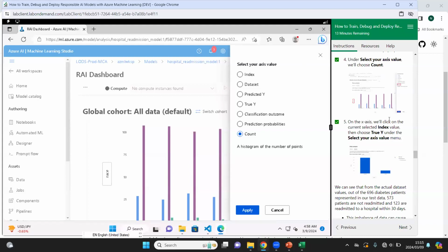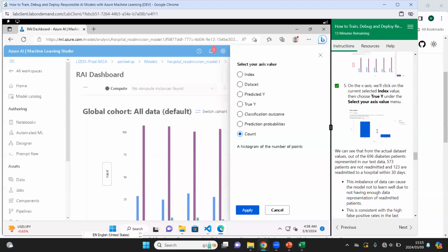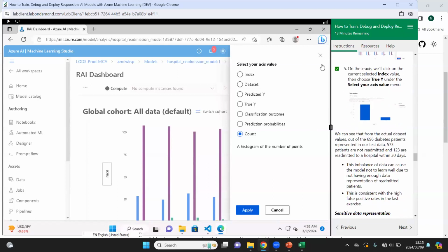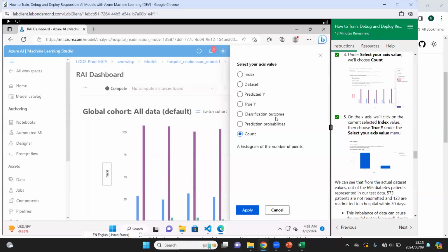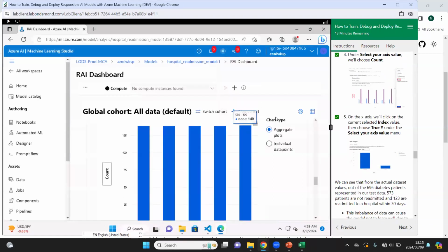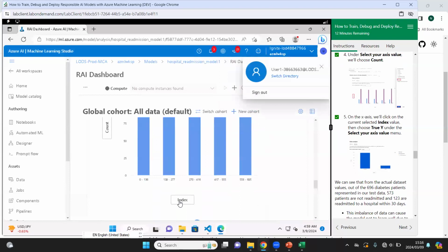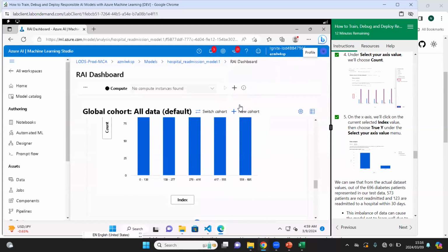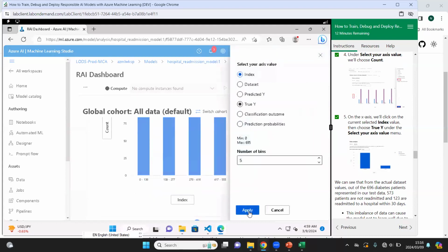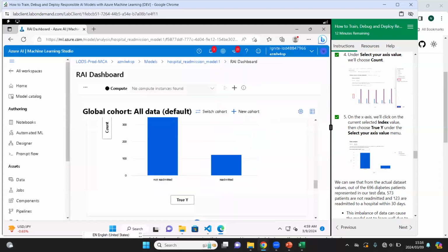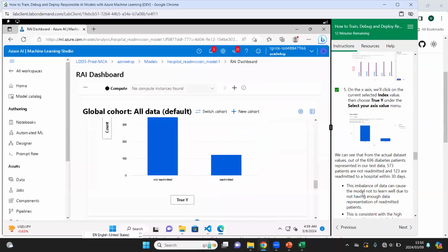So on the x-axis, we will click on the current selected index value, then choose TrueY under the select your axis. So here, index, we click index, then we select TrueY, then we apply. So from here,